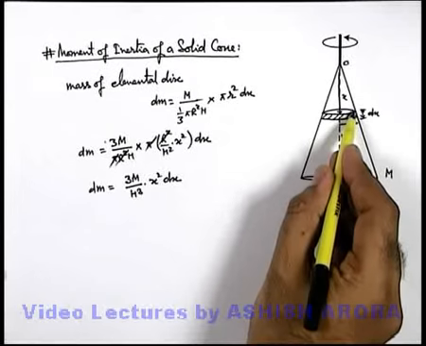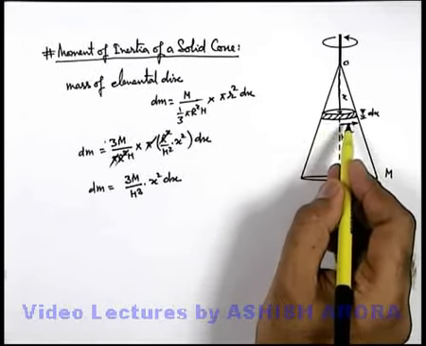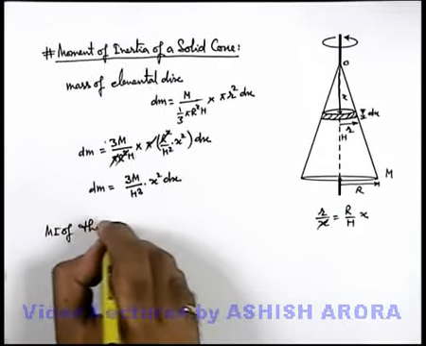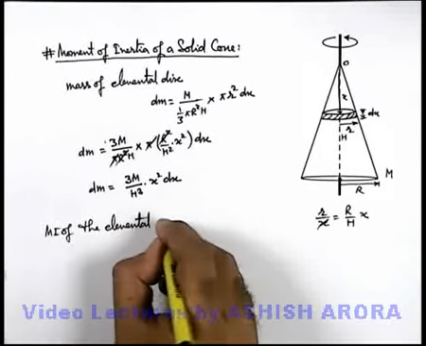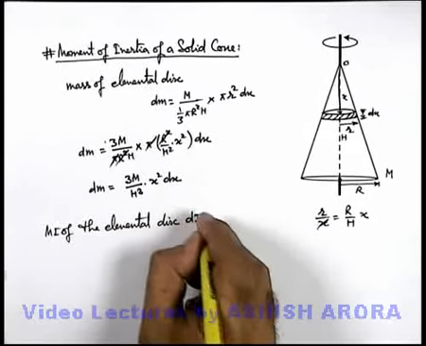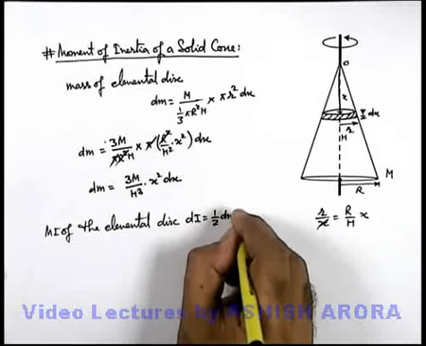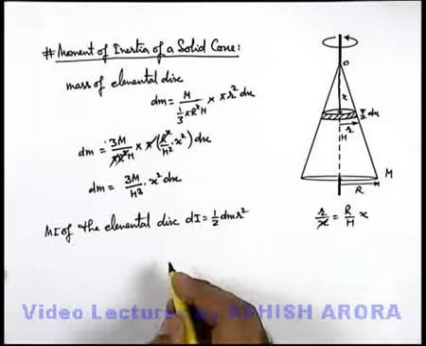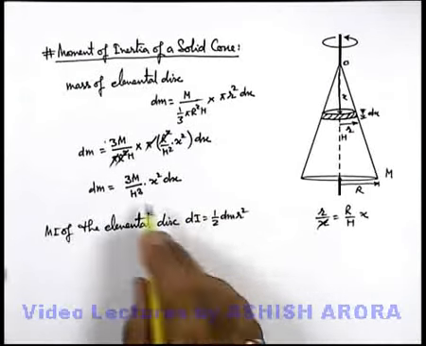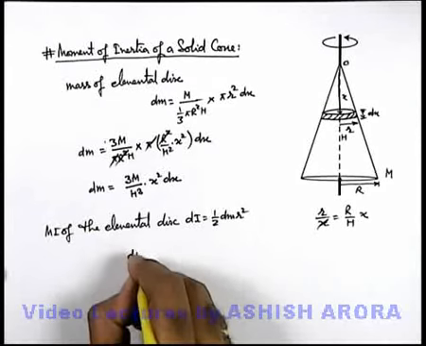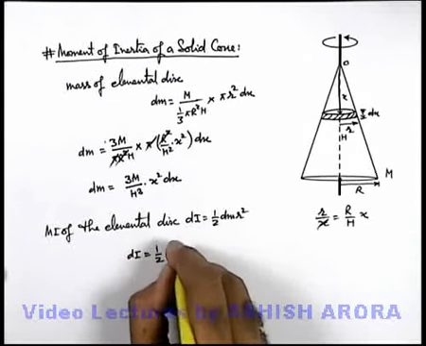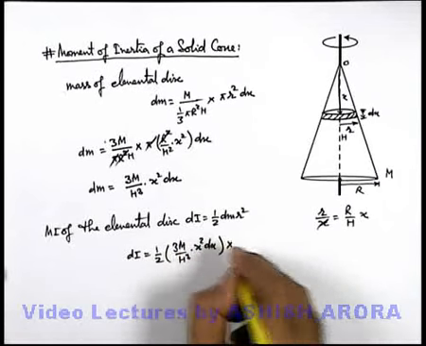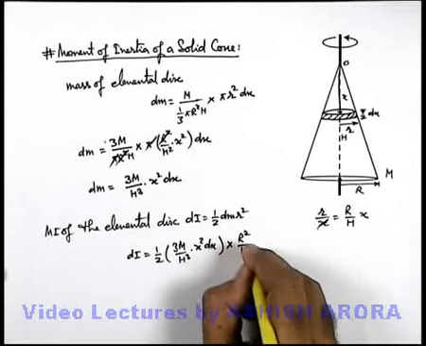Now for a given disk, we know that the moment of inertia of a disk can be written as half mr square. So here the moment of inertia of the elemental disk can be given as dI, which is half dm small r square, on integrating which we'll get the moment of inertia of the cone. We substitute the values of dm and r over here. We get this dI is equal to half, 3m by h cube into x square dx, multiplied by r square, which is R square by h square into x